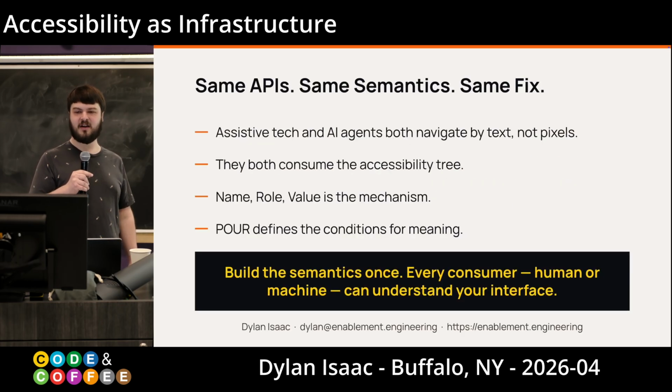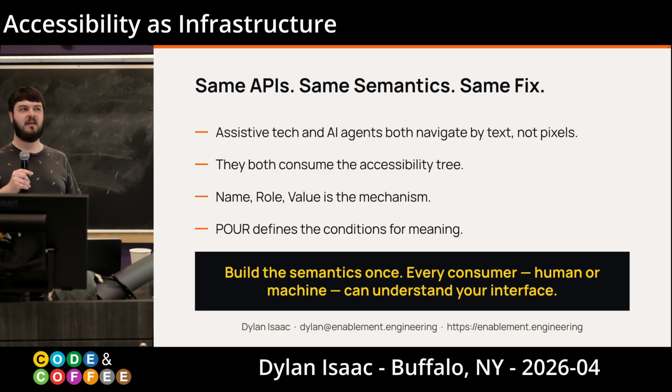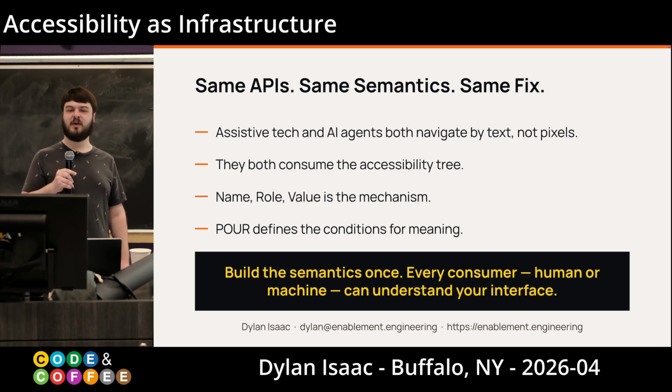So my final takeaways I would like you all to have: assistive technology and AI agents navigate the web in the same exact way. They navigate via text, not pixels. They both consume the accessibility tree via the name, the role, and the value. By ensuring that you have a proper name, role, and value for each of your elements along your main user flows,